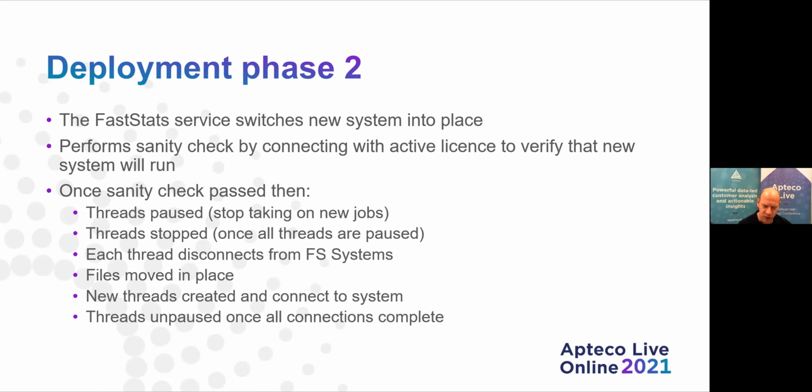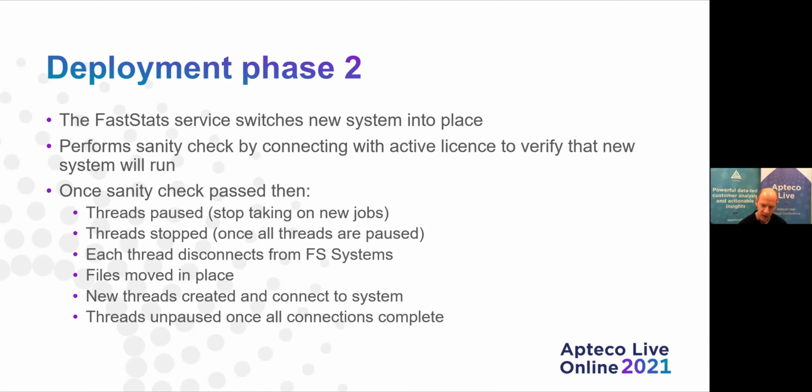It just builds the system and then deploys it. That process typically will run overnight with no user interaction. The service then performs a sanity check. It tries to connect with the current active license to the system, which is in the updates directory. If it can, it will go ahead and perform the deploy. But if it can't, you'll get a message to say it can't deploy the system because it's not valid with